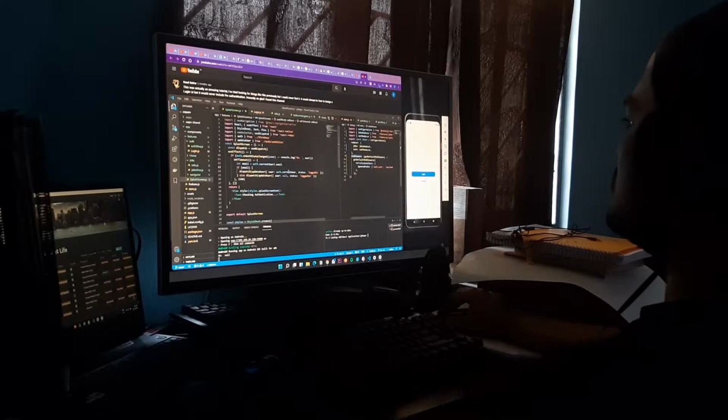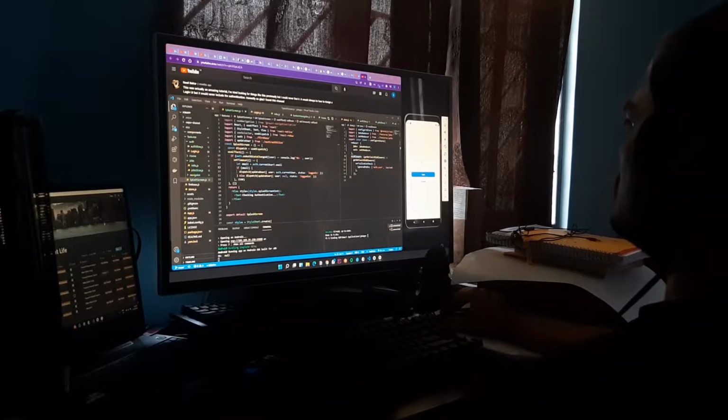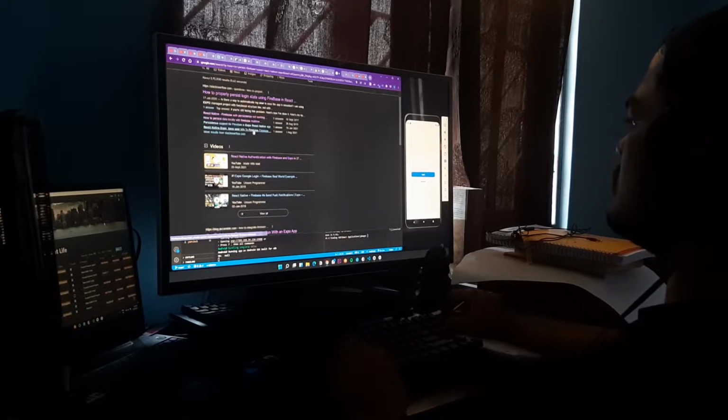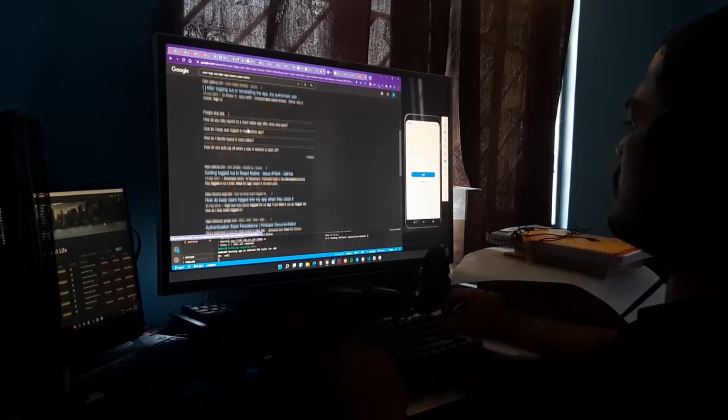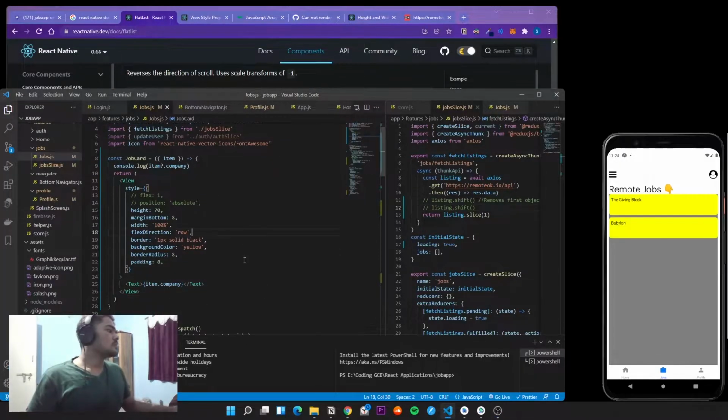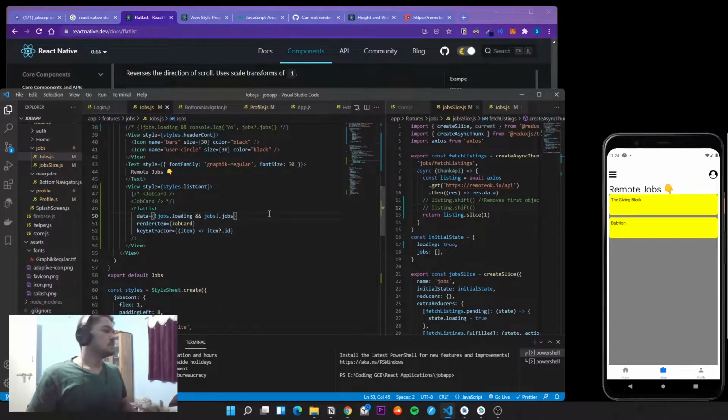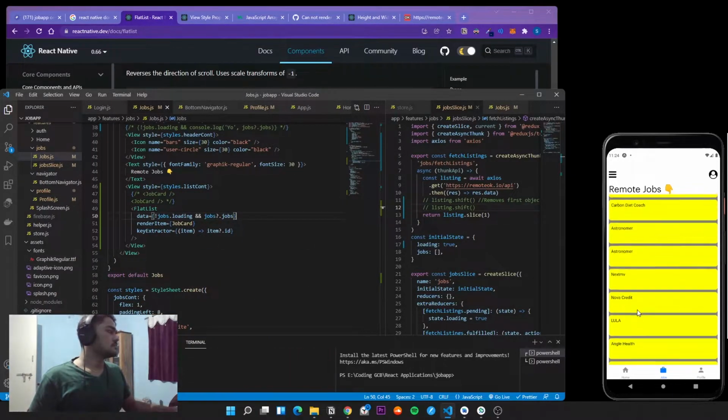If you have seen the previous video, I had shown that I had figured out how the navigation works in React Native, put together the base of the app to fill things in, and also made the authentication with email and password. After that, I made the UI of the list, where I'm rendering all the jobs from an API, and when one clicks on a card, it gets into another screen. Let me show you all this.